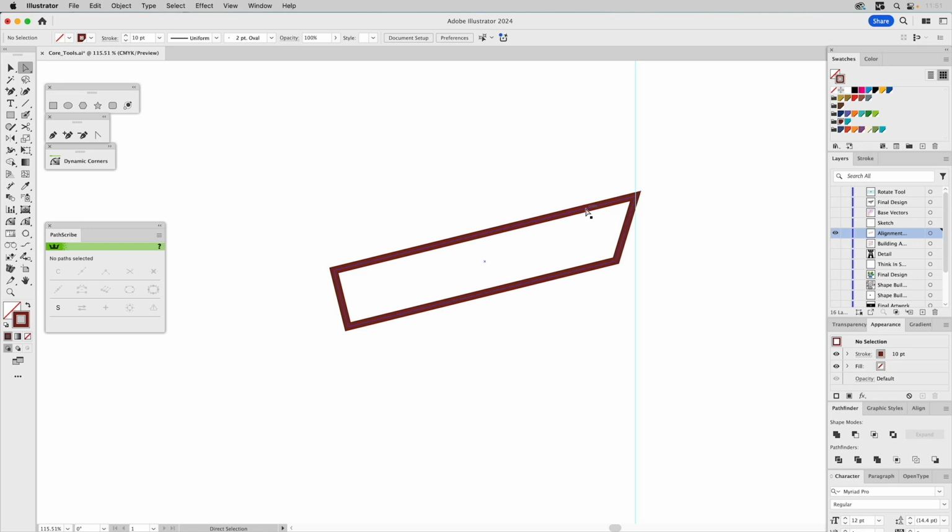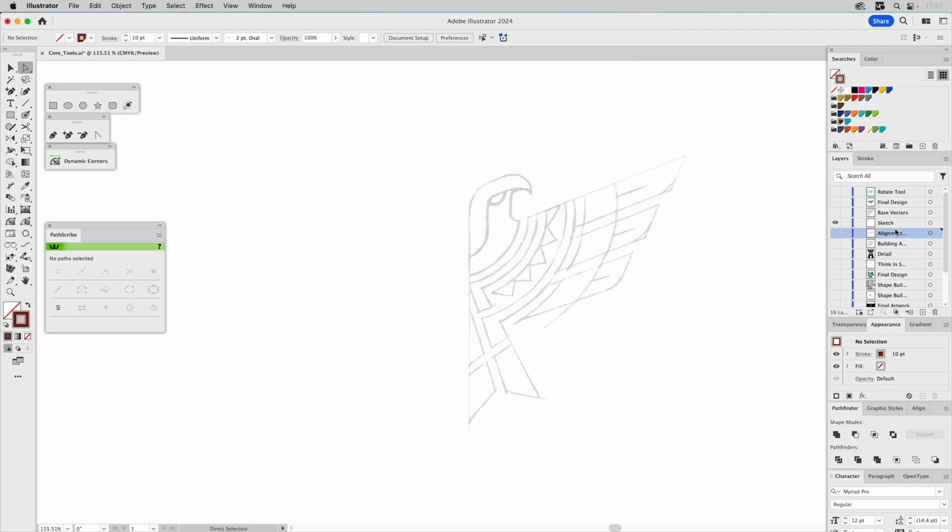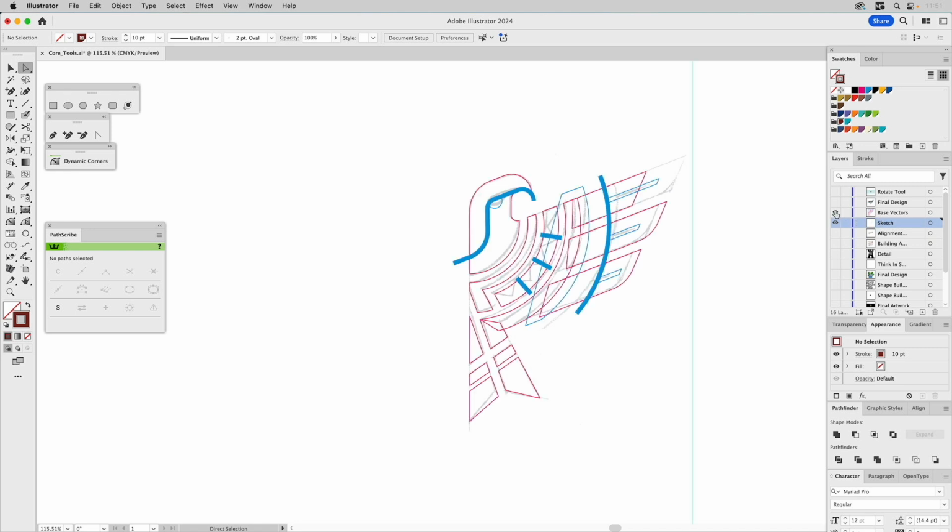Now, with this feature turned on, it's going to assume, with alignment guides turned on, that every shape you have in your design, when you go to move it, you want it to tell you when it's aligned with other shapes. And that's not the case. Let's take a look. It's obviously easier to build things at 90 degrees. So if we have this sketch and I'm building this, well, the alignment guides would help because I was building these angles